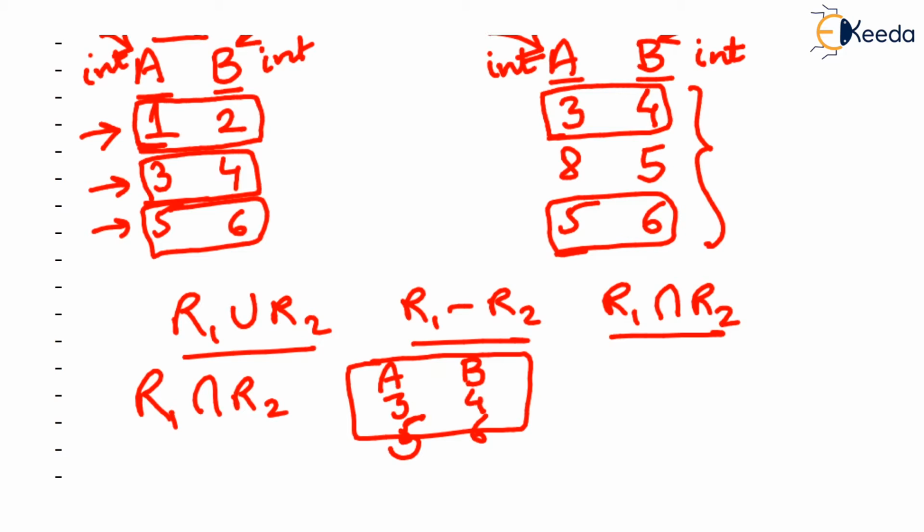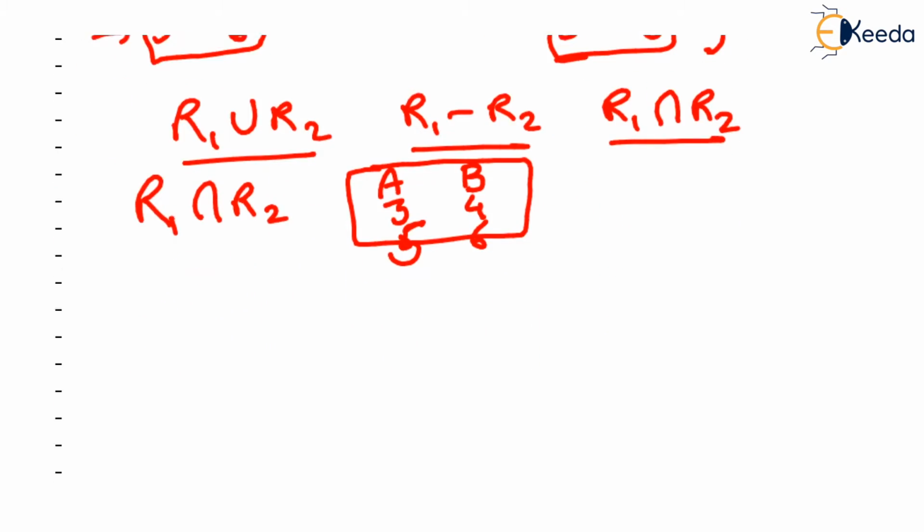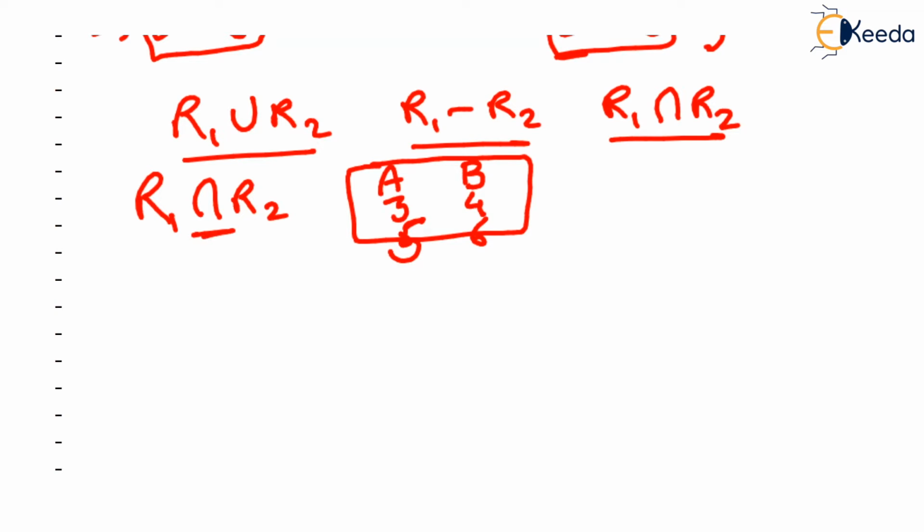You also see that 8 and 5 won't be listed from R2, because 8 and 5 is there in R2, but it should be there in R1 also. It's not there. So the rows common to both the relations R1 and R2 are listed in R1 intersection R2. But why are we talking about this? I'm sure you must be thinking that Sir has already discussed this in that video where set operations were discussed. What I want to tell you is that this intersection actually is a derived operation.